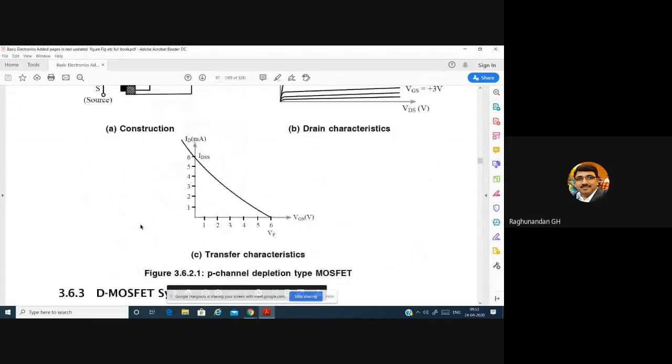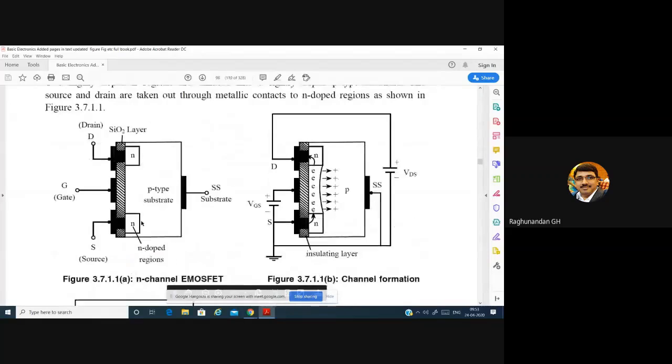But here in the E MOSFET, that is the major difference. In the E MOSFET, you will not have any physical channel present. A physical channel present means we construct it in advance, while fabrication they add this channel. But the N channel E MOSFET will not have any physical channel. While fabricating, they will not put this layer. So how it is going to work is we have to now use this gate terminal to construct the channel.